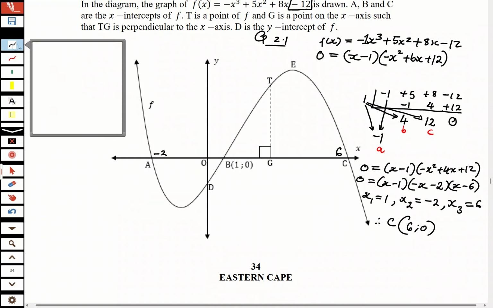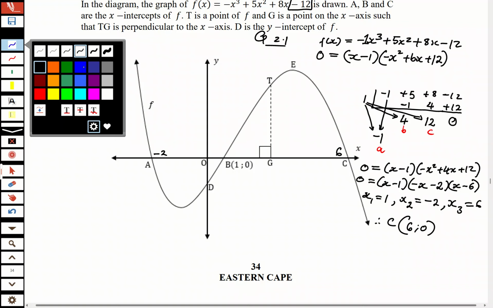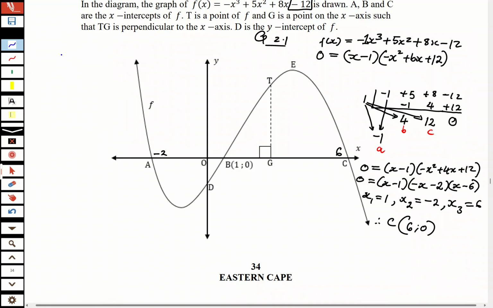So now let me use this one. This is 2.2. We are answering 2.2. So we need to find the